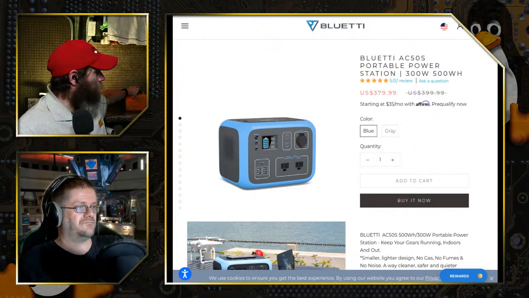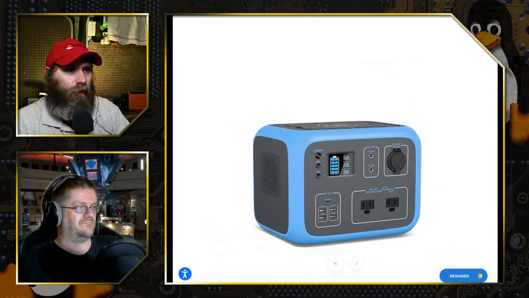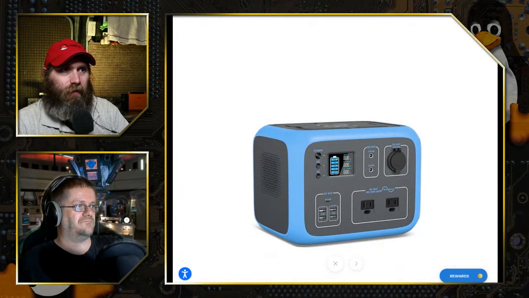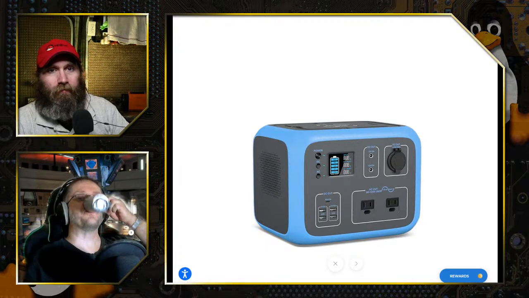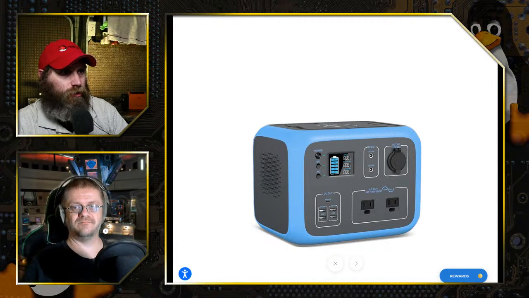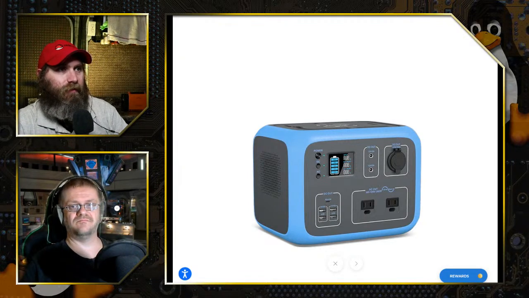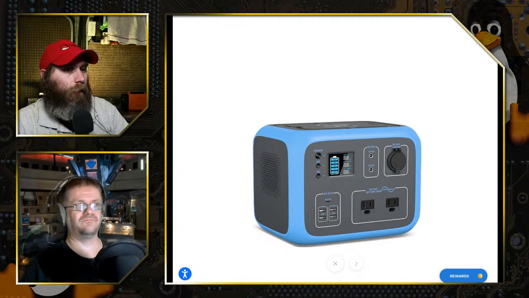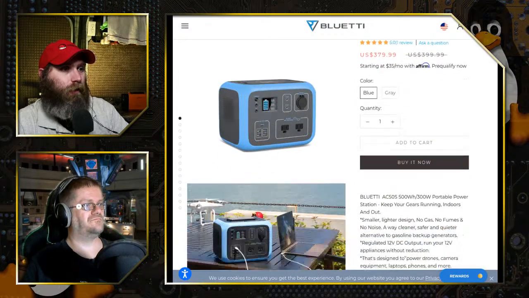So this one here is about 2.5 times the size, and it has your DC out, your standard output. These 2 next to the DC output are your standard 12-volt outputs. I use these to run computers and things like that. They'll tell you the status of your charge. We have AC ports, several DC ports, USB A and C, and the top has cell phone wireless charging. This is a really good deal for a battery pack of this sort.